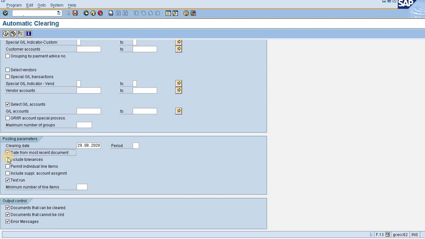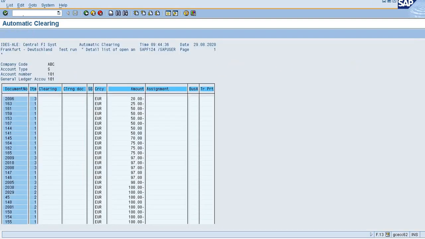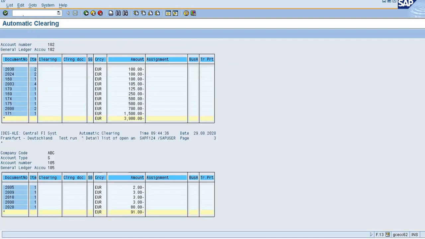Now I'll tick all these on, and firstly I'm running this in test run mode. I'll be taking the clearing date off. Now going up, see here I have only given my company code, but you can give your fiscal year and all these things, posting date, based on your requirement, based on your wish. Now I am executing the transaction. It is executed. Now coming down, scrolling down a bit,